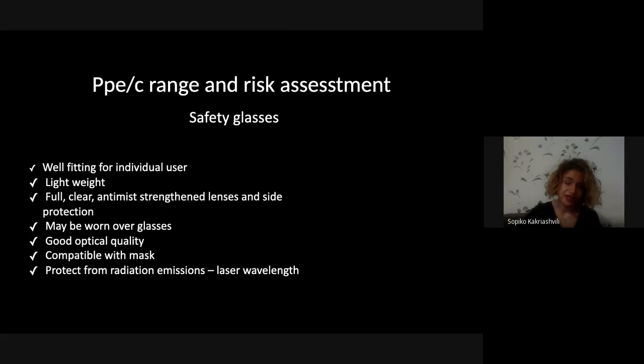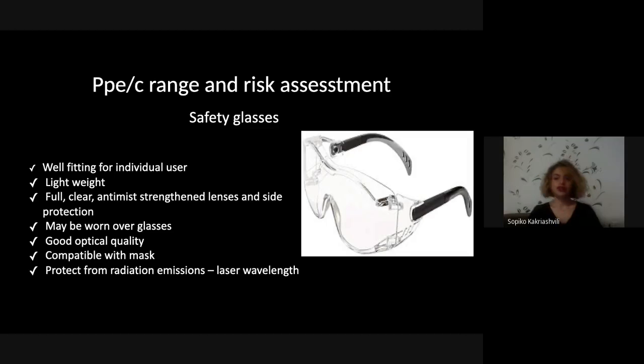PPE safety glasses. Okay, now I should show you the safety glasses. I will show you in practice which kind of glasses is better to wear while you are working. It should be well-fitting for individual users. When the glasses are too big or too small, you won't feel comfortable.